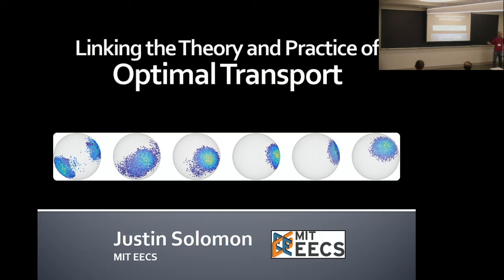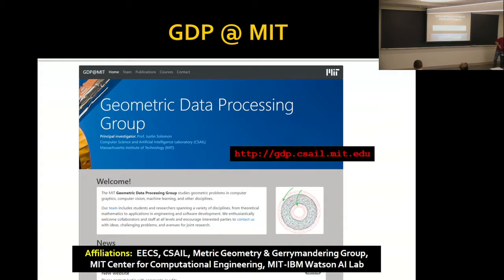But in any event, I'm really glad to be here today and to share some of the research that's going on in my group at the other school, not so far away, Cambridge here, specifically in the area of optimal transport. I've had the pleasure of meeting many of you. I come from a group that does a lot of diverse research in the geometry area. And of course, it would be my pleasure to talk to you about problems we have, not just in machine learning, but also in some other areas like computer graphics and optimization.